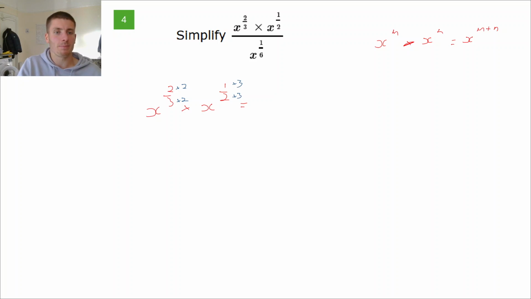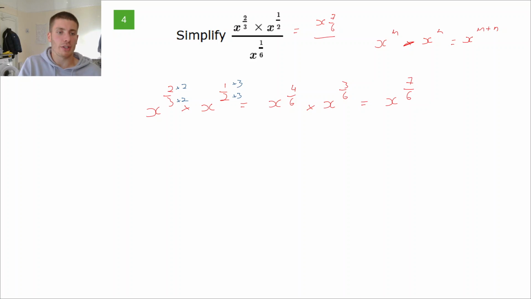Because then we're going to be getting x to the power of 4 over 6, timesing it by x to the power of 3 over 6. Now this is nice and easy to do. Timesing, add the powers together: 4 over 6 add 3 over 6 is going to give you 7 over 6. So that is my numerator. So the top of this is equal to x to the power of 7 over 6,